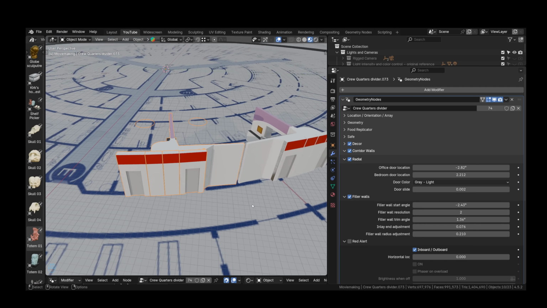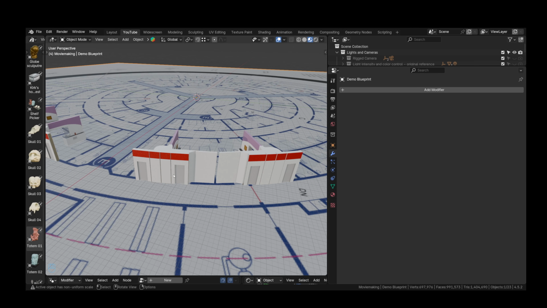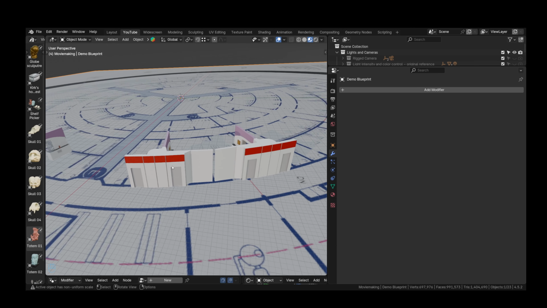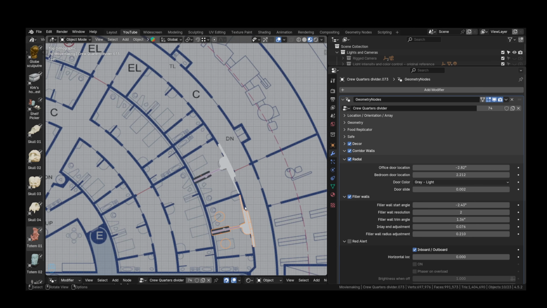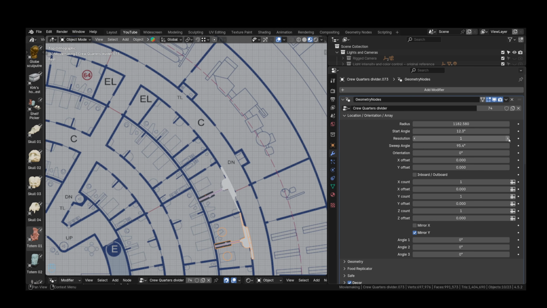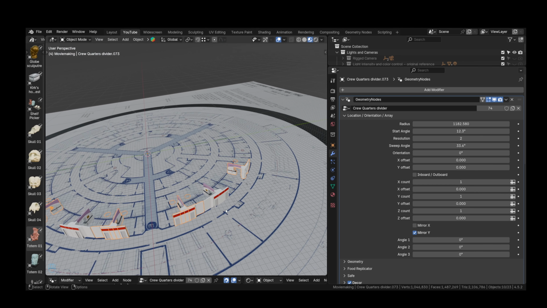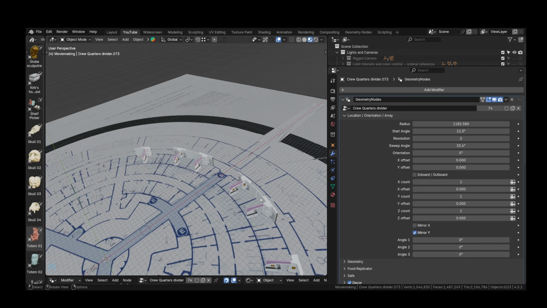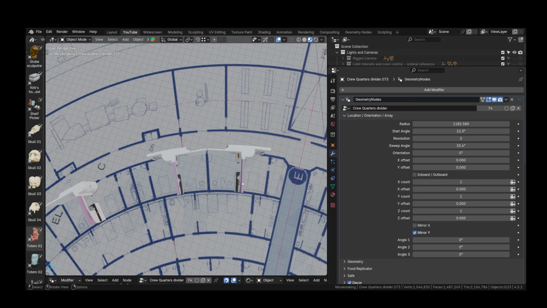That looks good. And now I've got that set up right there. Now what I can do is pattern this one with an array to make this divider here. So I'm going to give that a resolution of 2. We want a sweep angle of, I don't know, let's start with 10 degrees and go from there, right about there. So you see now we have a good portion of the crew quarters on that ring started, and we've